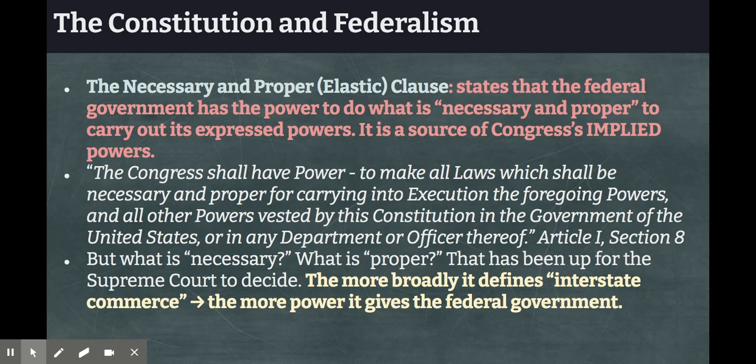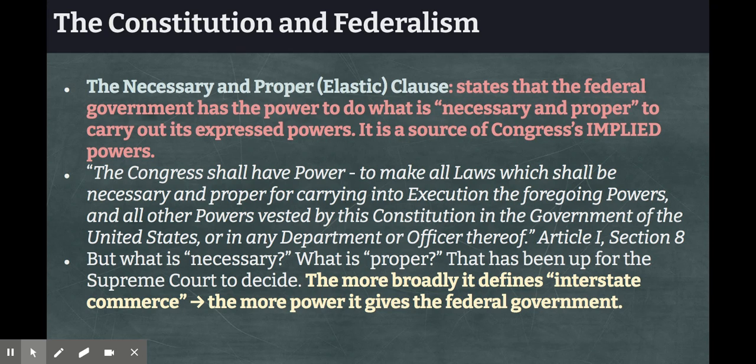So basically what that means is that Congress can make any law that is necessary and proper to do things like coin money or establish a bank or regulate the post office, et cetera, regulate interstate commerce, which is actually something slightly different. We'll get into that in a second. So basically, all those things that are explicitly listed in the Constitution that Congress is allowed to do, Congress is also allowed by the necessary and proper clause to do anything that will help it carry out those expressed powers,